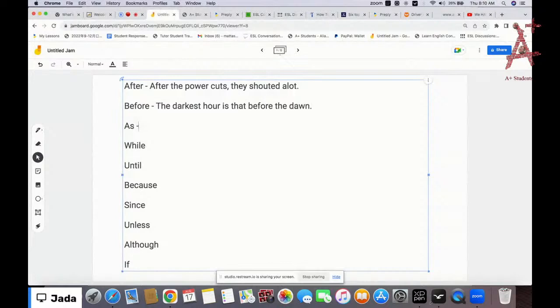Next is as. As long as you want to stay here, you can stay. Okay, and then for while,